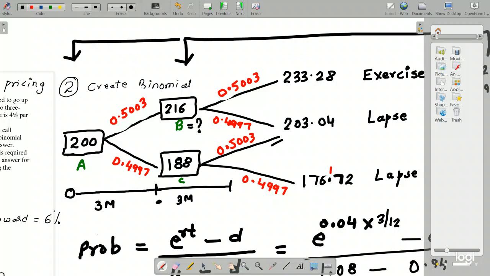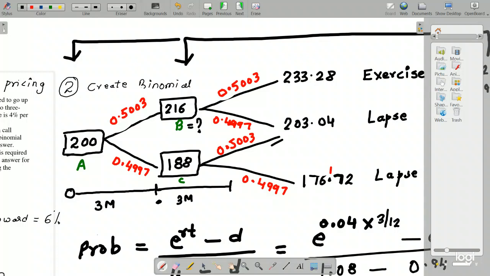Okay. So now I'll again recap. The first one, write down the given information. The second one is to create the binomial tree. The third one, take your decision, that are you supposed to exercise or not. Next one, if you decided to exercise, how much is your payoff? Next, you have to calculate the probability. So we are done almost up till this part.